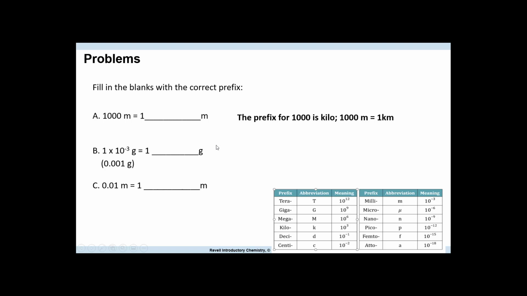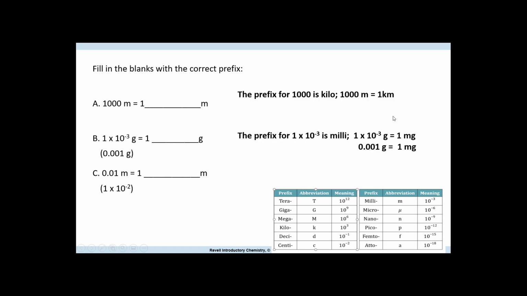Now let's look into smaller, less than 1 that we haven't looked at. So we have 1 times 10 to the negative 3. If we write this in a calculator, it's going to come out like this. This is tens, hundreds, thousands. So let's see what we have here. If we go down to, we have milli, which is 10 to the negative 3. So when we plug that in, it is 10 to the negative 3 gram is equal to 1 milligram, or we can write it out like this as well.